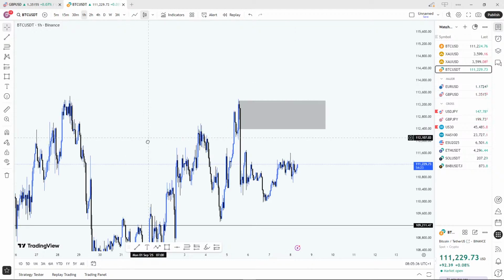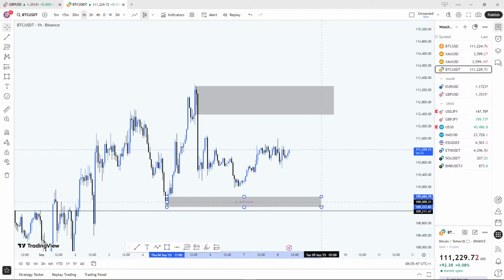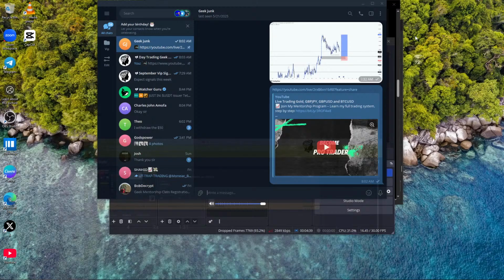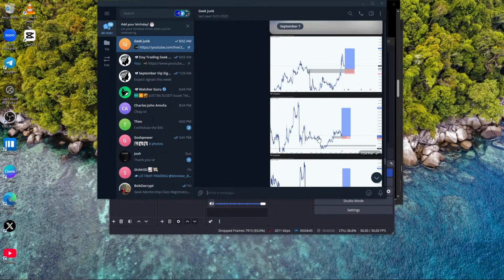If you watch, as of over the weekend, I was waiting for BTC at this very buy zone. I was waiting for BTC to get here so I'd enter for my buy. That's over the weekend, but it didn't come back there. And why was I waiting there? Why was I waiting for that very zone so I can take my buy?